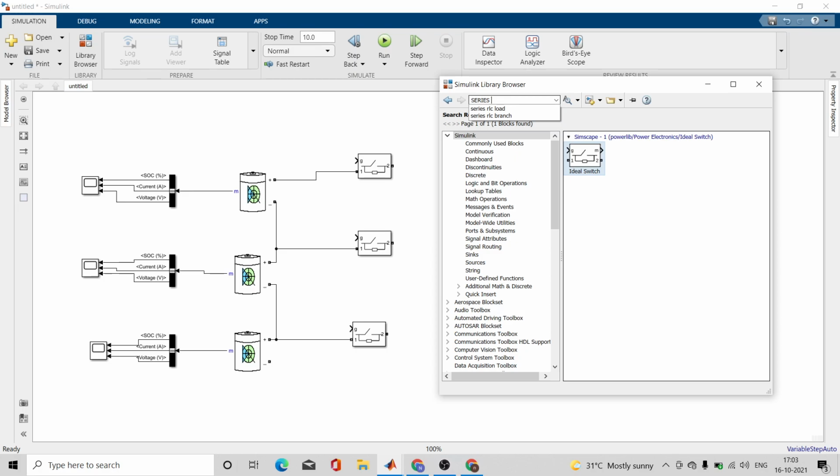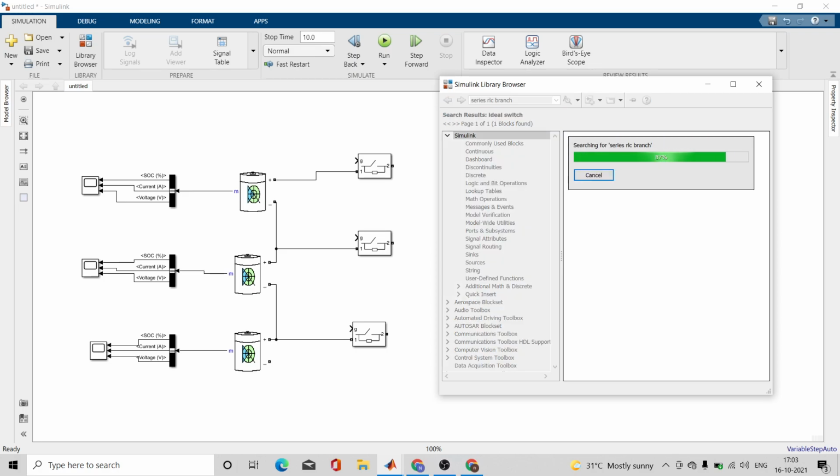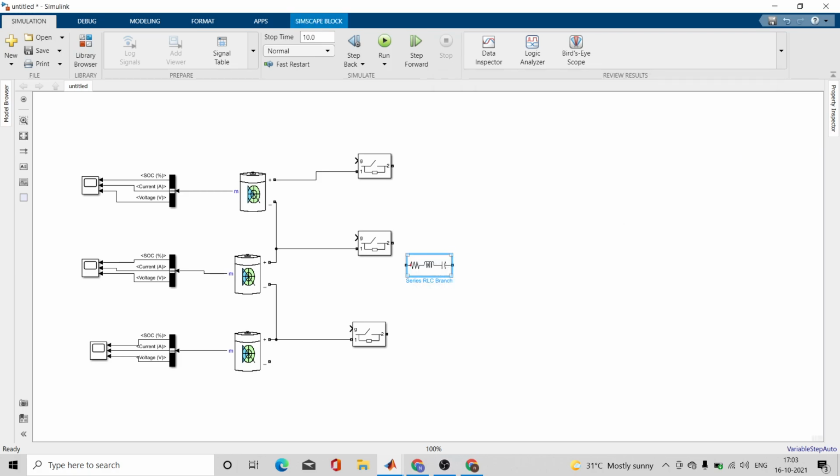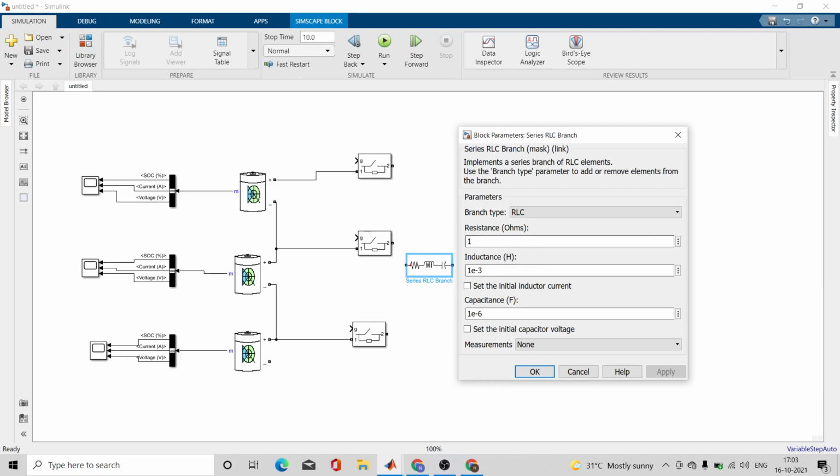Remember, take series RLC branch, not load. When you know the value of R, L and C, you will use branch. If you know the value of active reactive power, then you will use series RLC or any RLC load.